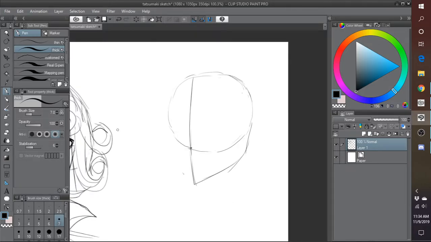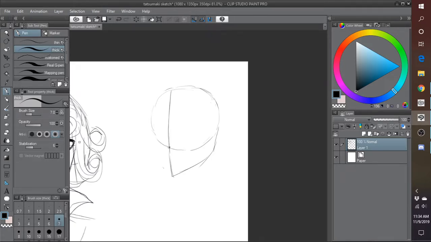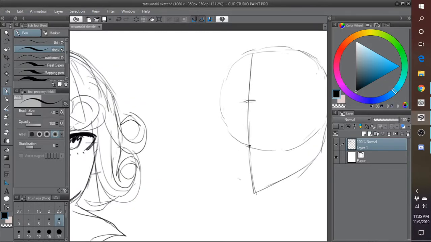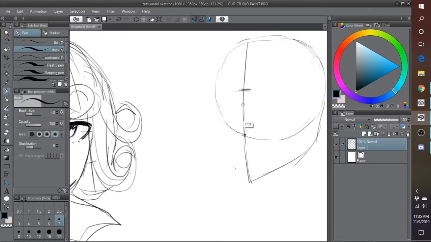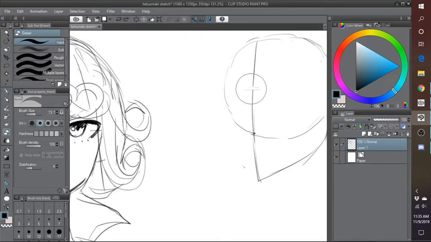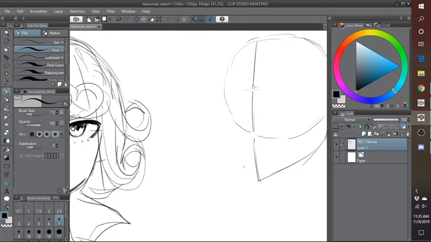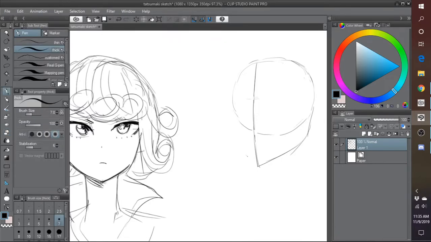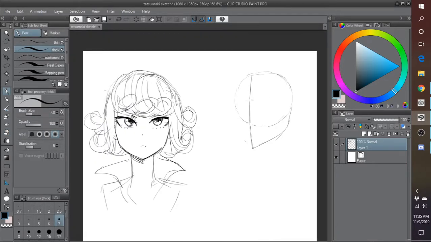But a good thing to keep in mind is that it's pretty much the same measurements, so you're just drawing it at a different angle. Another thing you can do is flip it and erase all the front features, and then